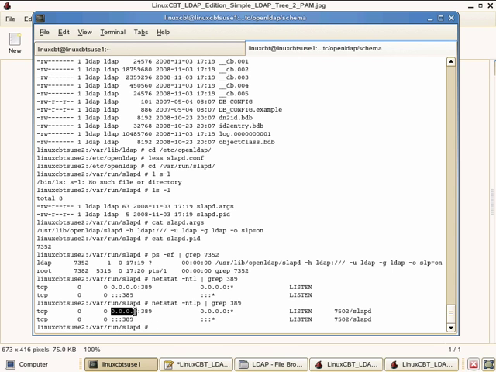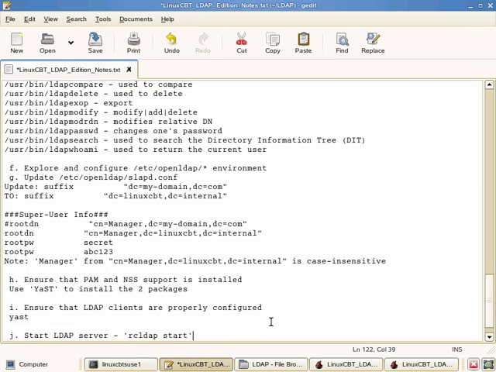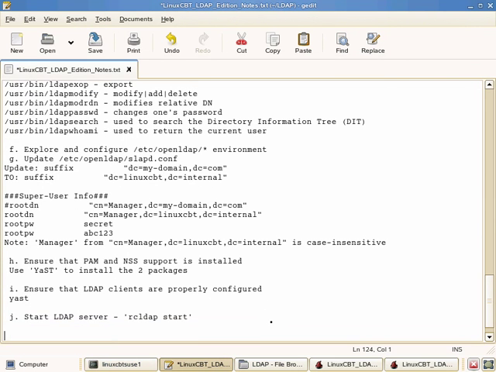So LDAP's up and running, but how do we interact with the directory? Well, one thing we can do is search the directory to see what objects exist. Now, if you have previously had LDAP set up, then the entries from the previous setup should be reflected by an LDAP search. However, if you have an empty directory information tree, then a search will yield no results. In either case, we can search a directory. So let's move on to our next task, which is to